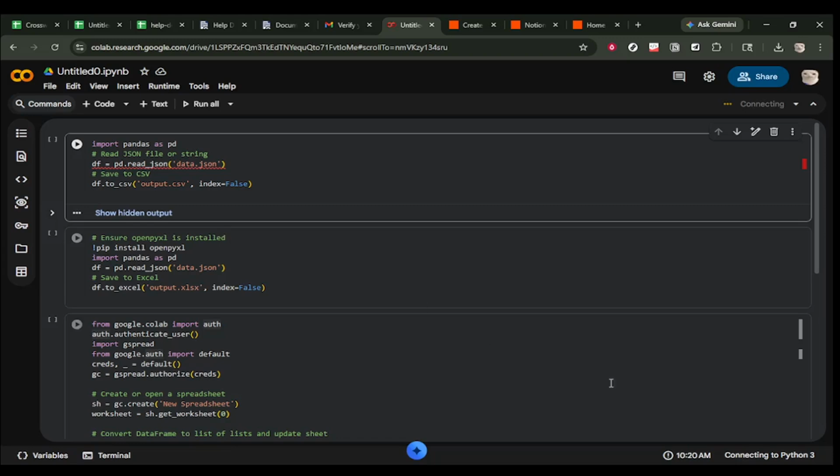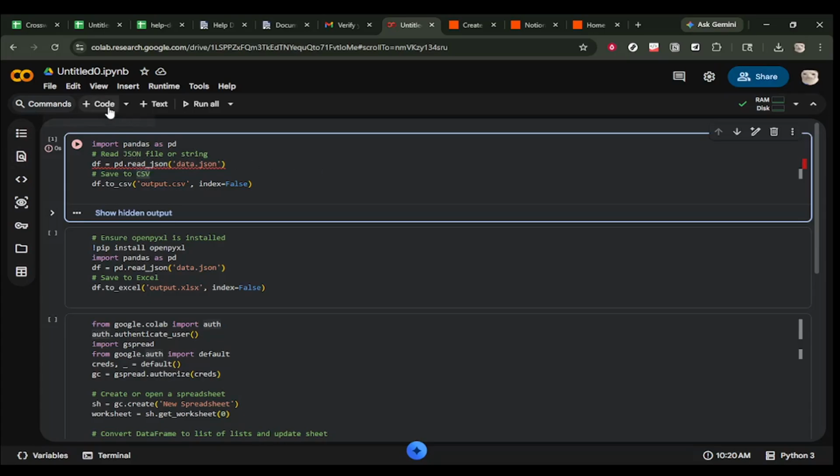In today's video, I am going to teach you how to convert JSON to Excel, CSV, and Google Sheets in Google Colab. Start by opening your Google Colab notebook. Once you are inside the notebook, go to the top area where you can add or bring in code, and click on Import. This helps you quickly pull in the code you need for converting JSON data using common Python